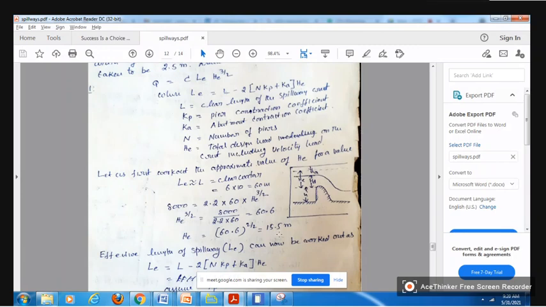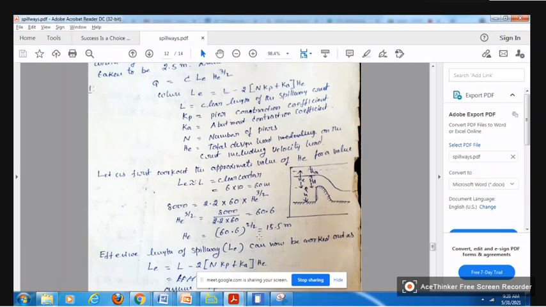So there is a clever way: first you fix HE less than 15.5. That is clear now. So HE cannot be less than this 15.5. Now I assume an HE value more than 15.5. That is the clever way to assume. Instead of a wild guess, assume 3 and check, if it doesn't come, then 4, 5, 6. So the number of trials will be more, so avoid that time and energy.